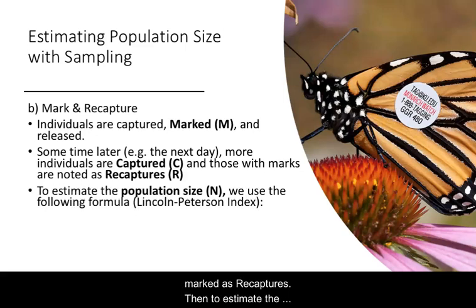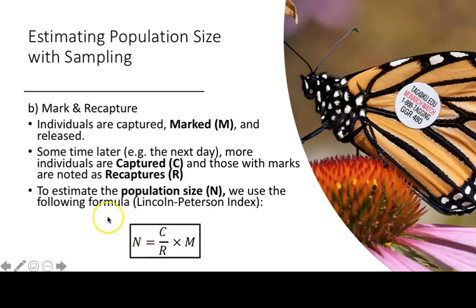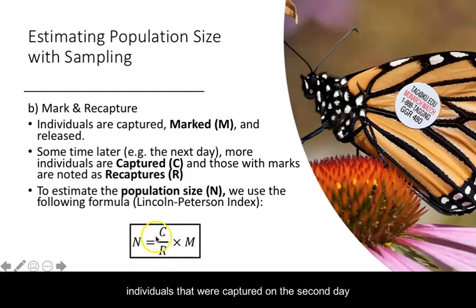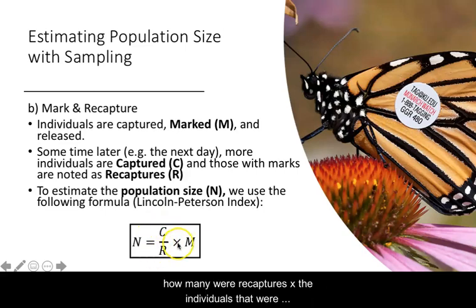And then to estimate the population size, we use the Lincoln-Peterson index, which is represented with this formula here. So the estimated population size is equal to the number of individuals that were captured on the second day divided by, of those, how many were recaptures, times the individuals that were captured on the